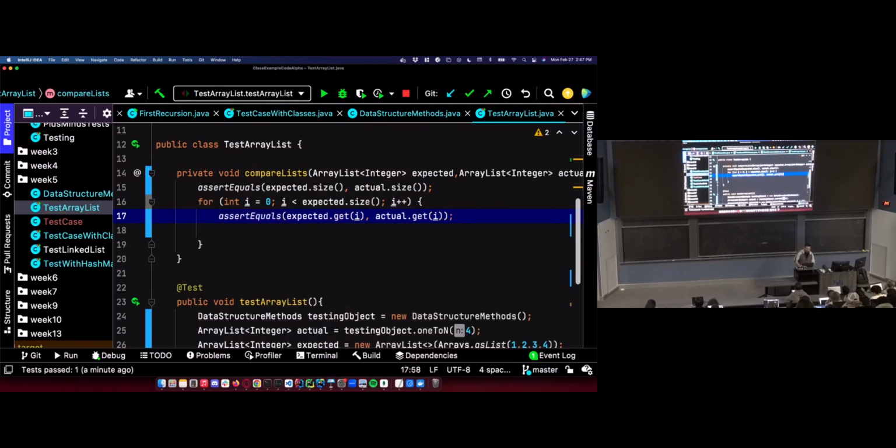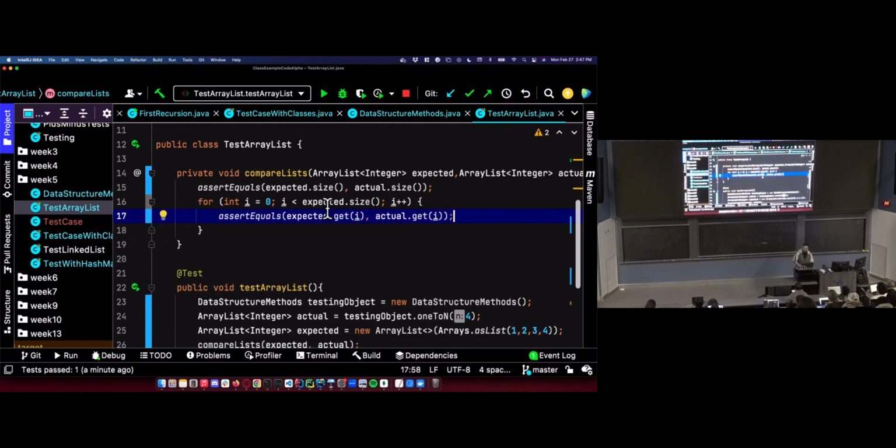I won't have time for my hint text. So I want to go through each value in my array list by index and compare the values at each index to make sure they're the same in both array lists after checking if they're the same size. If they're not the same size, I'm likely to get an index out of bounds error right here. If the actual